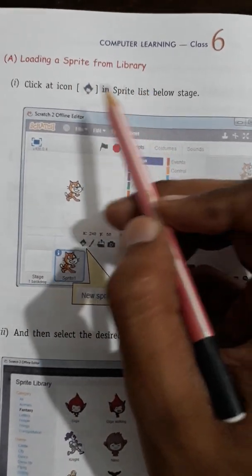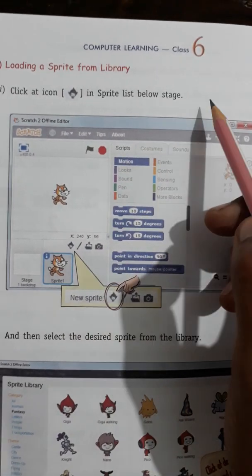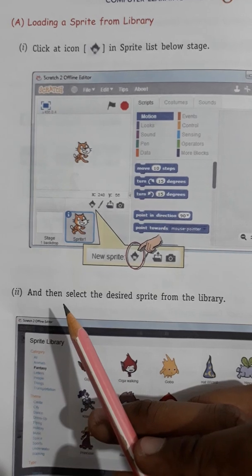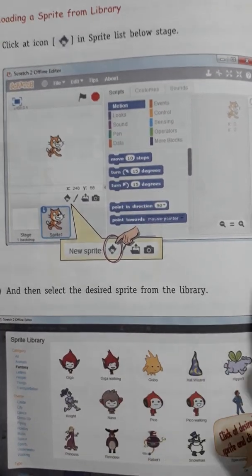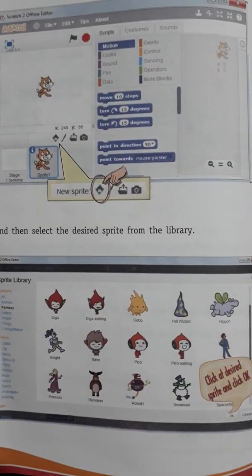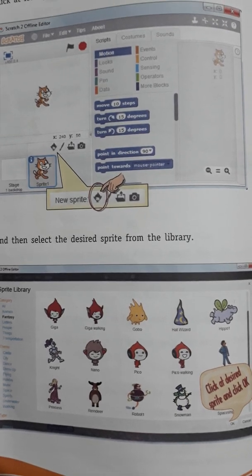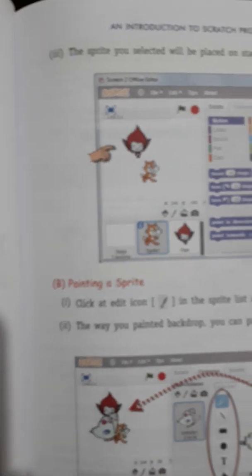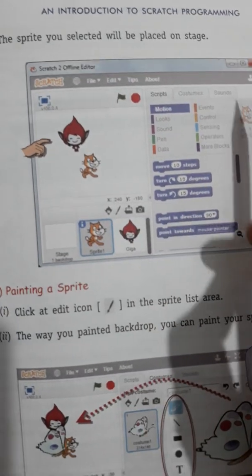The first option, loading a sprite from library. Click at the library icon in the sprite list below stage and then select the desired sprite from the library. Here are many sprites available, so you can select any one of your choice. The sprite you selected will be placed on the stage like this.